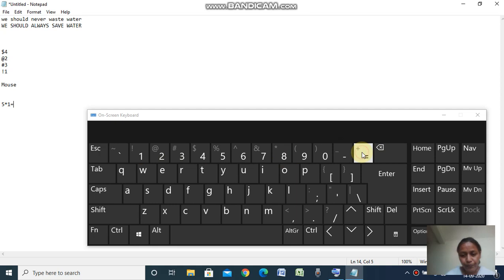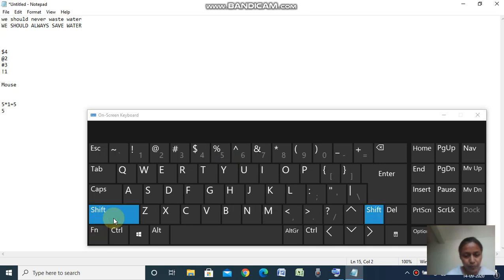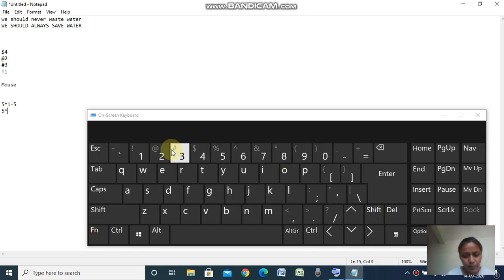Five ones are 5. So children, in this way you can write the table of 5.